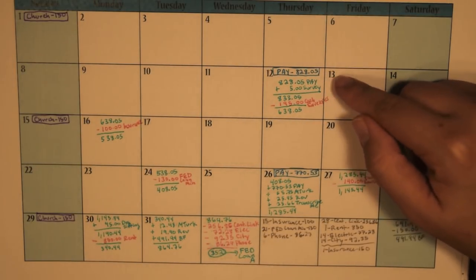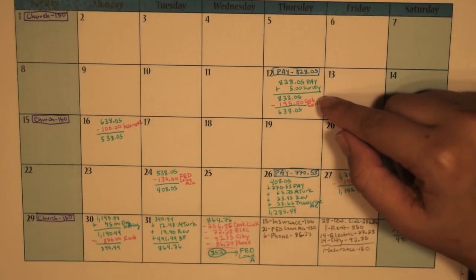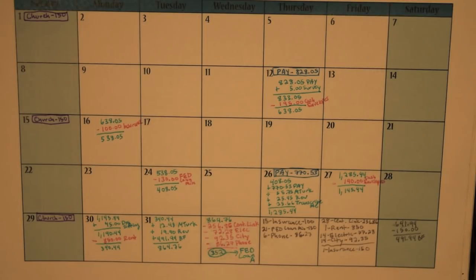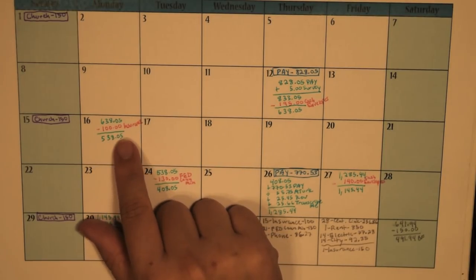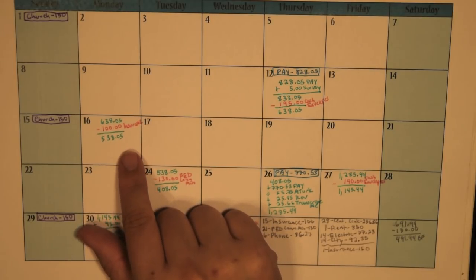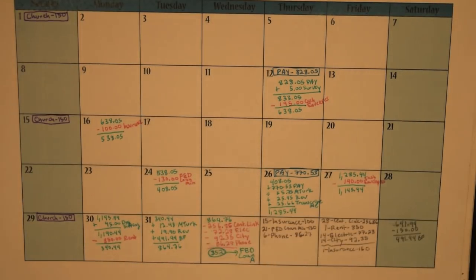I got $828.05 for pay, plus I deposited $5 from a survey, which brought my account up to $833.05 for the month. And then, of course, I pulled out the cash envelopes right away, $195, which brought me to $638.05. I had $100 for my car insurance, so that brought me down to $538.05. The federal loan minimum payment amount for all 7 federal loans, since they're all paid from the same minimum, $130 for that minimum on the 24th, brought me down to